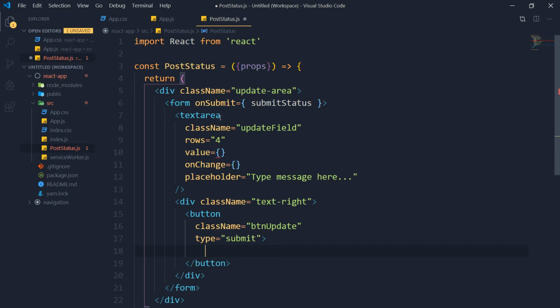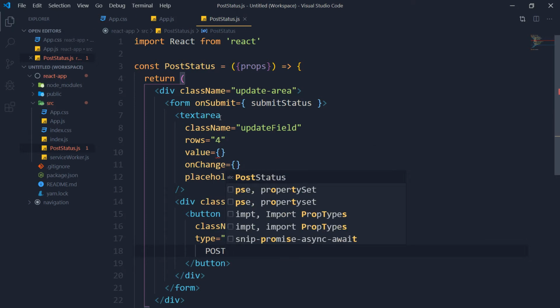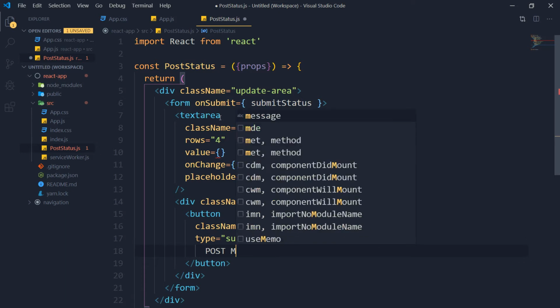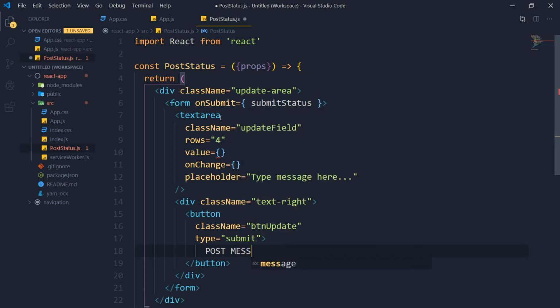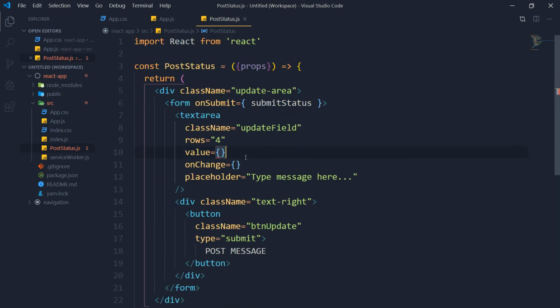And it will have a text called post or post message. Okay, so this is our component for the form and text area and the button that will post the message. Okay, this is our component, and